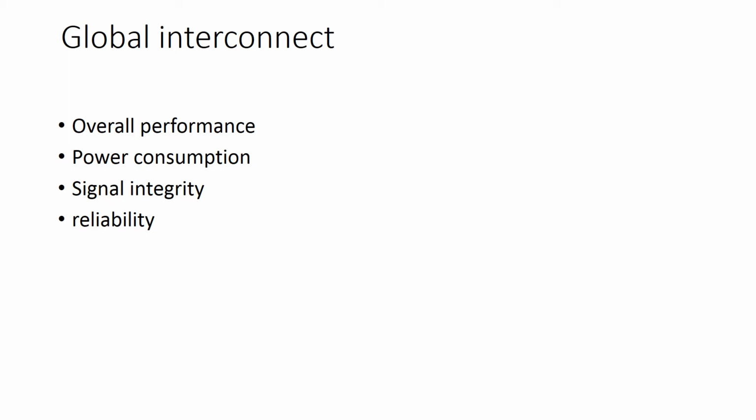So mostly, as we have seen earlier, whenever interconnects are scaled down, there is an adverse effect on the global interconnect. So what are the parameters, or you can say design criteria, with which we are very much concerned for the interconnect performance? It is the overall performance, that is the speed of the signal traveling through the interconnect, power consumption, signal integrity and reliability. So these are the design goals for interconnect design.